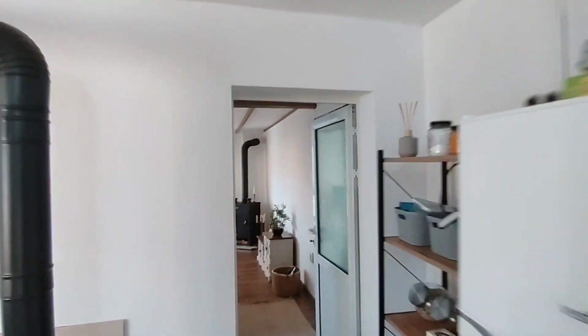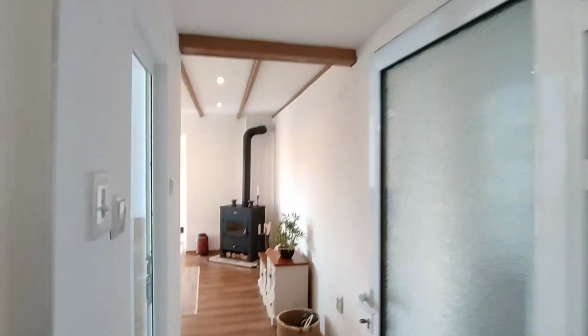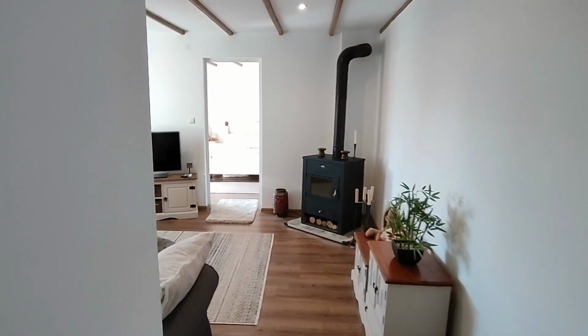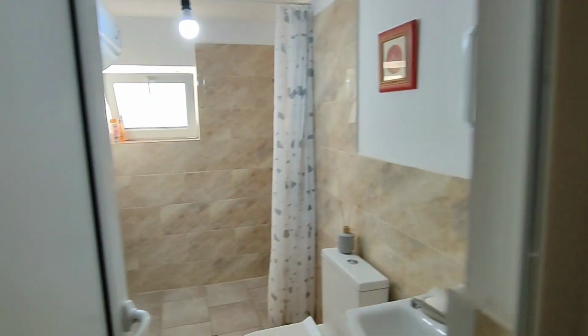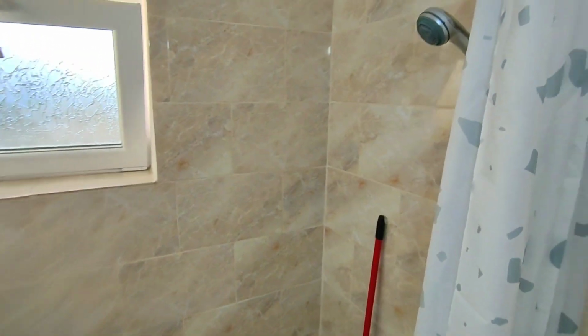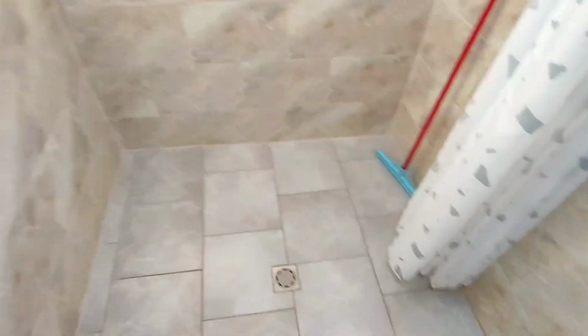Let's have a look through, and you'll be amazed how this place just keeps going on and how much more beautiful it gets just through here. First of all, there's a bathroom here on the left. Again, sink, toilet, lovely big spacious shower, drain in the floor there, big, looks like at least an 80-litre boiler on the wall,